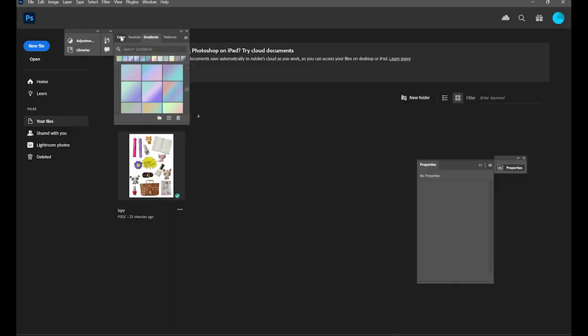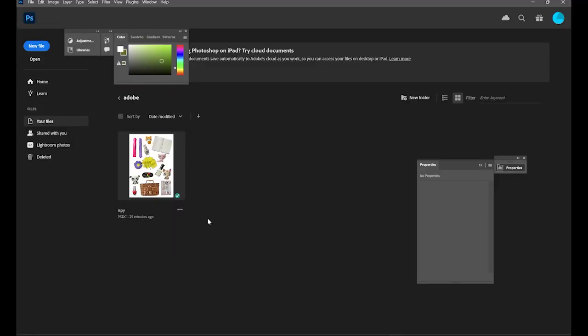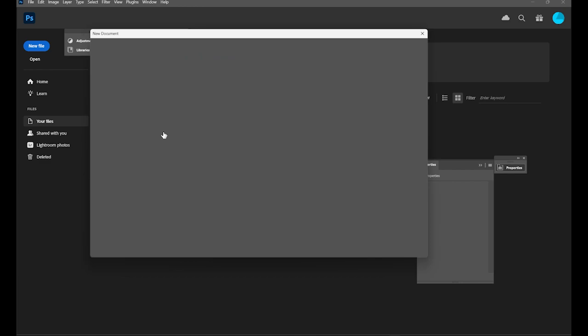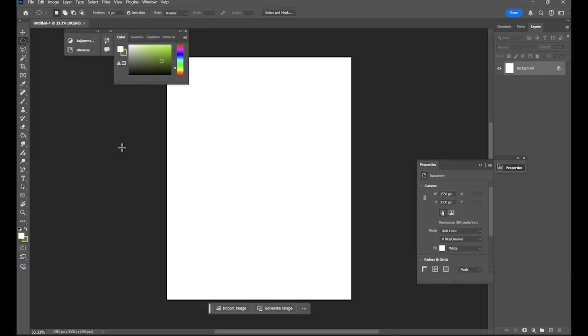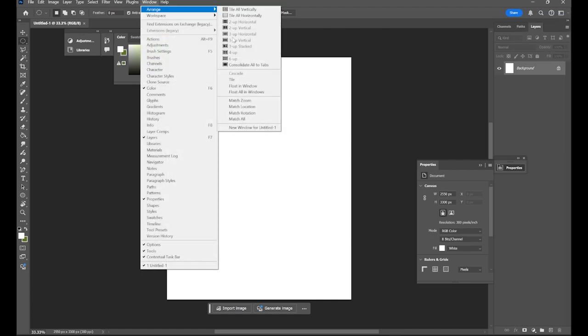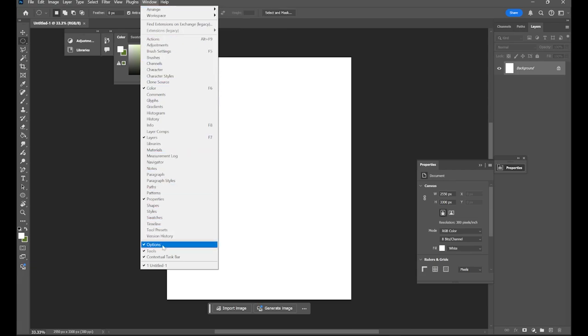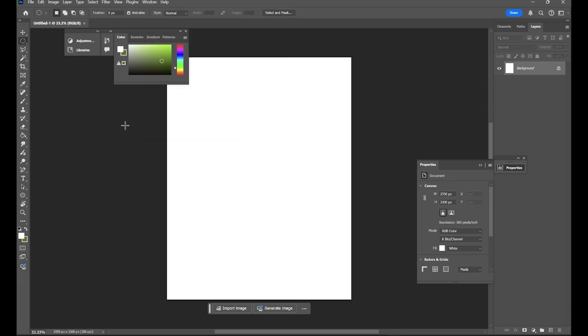So the first thing I'm going to do in Photoshop is go to my new file button, go to print, and select the basic textbook cover size, which is just the regular paper size. So now I have my file ready. One thing I want to point out is my workspace. I'm working in Essentials Classic, but I've moved some things around. If you're trying to find a window that I have open, you can go to the window tab on the upper left and just choose from there.